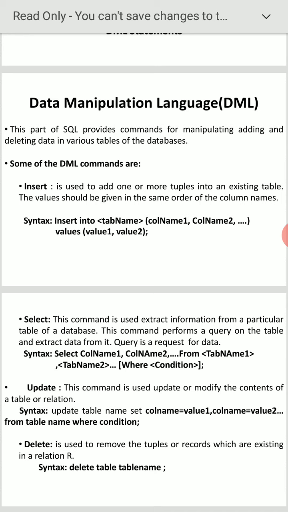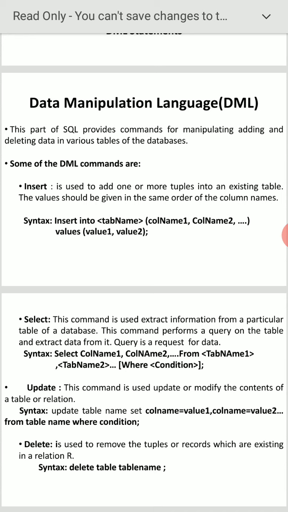We can use the delete command. See the syntax of the delete command: delete table name. Now that will be deleted. You can delete particular tuples which exist in the table with the help of the delete command. Sometimes here also we can use the where condition if necessary.